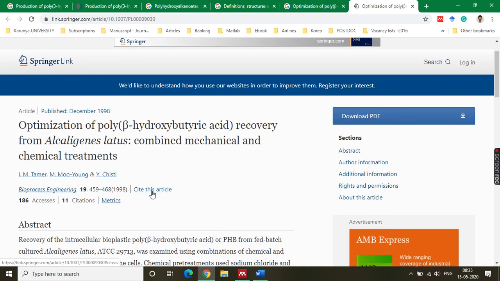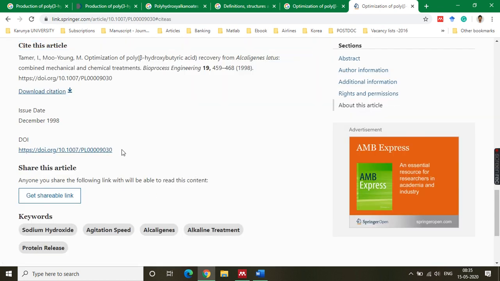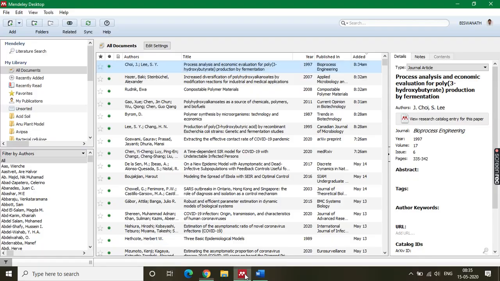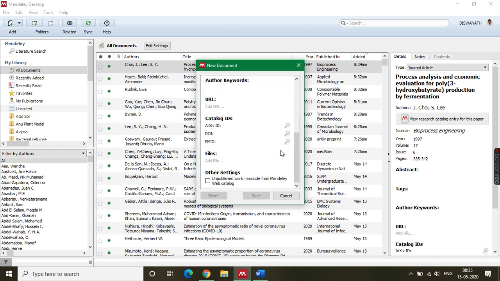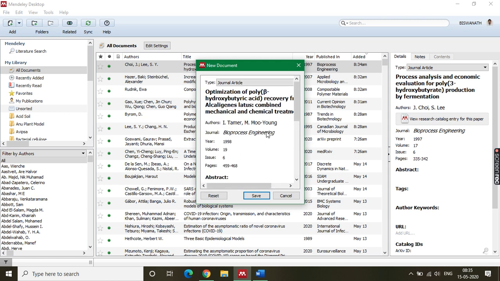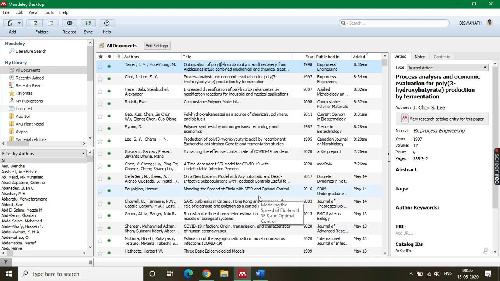The other option is that in the site article you will have a DOI. That is a very easy way to add any paper. I am taking the number part only, the DOI, and I am going to add it through manual addition, add entry manually. I will not fill anything, I will only fill the DOI and search it. All the information related to the paper will be taken up. It is a more easy manual addition approach.